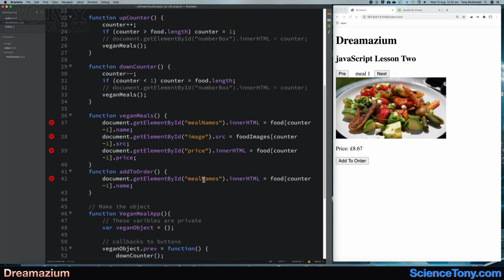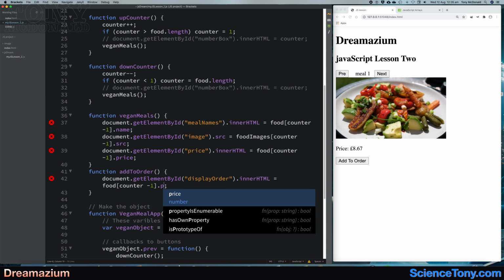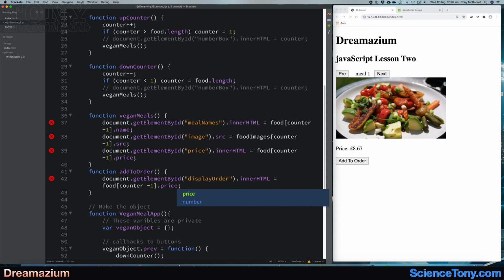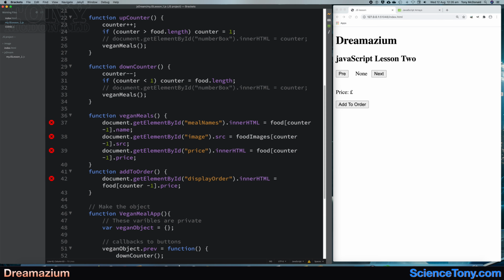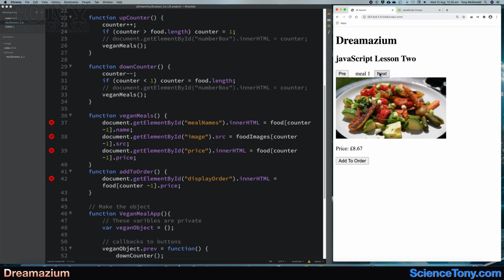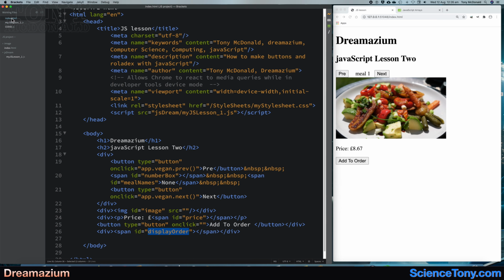And we come back here and we put that in there, display order. Now, what we want it to do is display the price. Okay. It's not complete because we needed to do more than that, don't we? So now if I do add the order, it doesn't work for some reason. I know what it is,